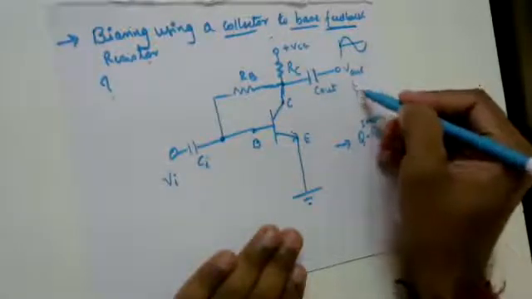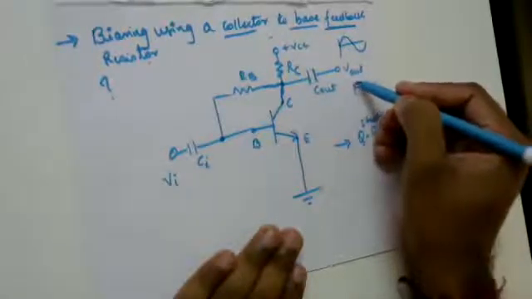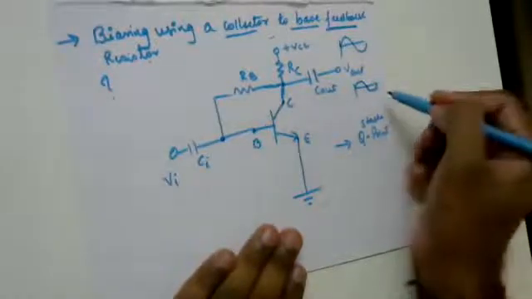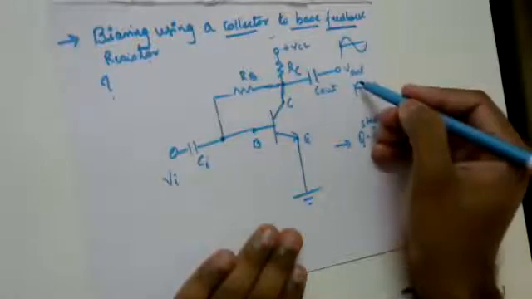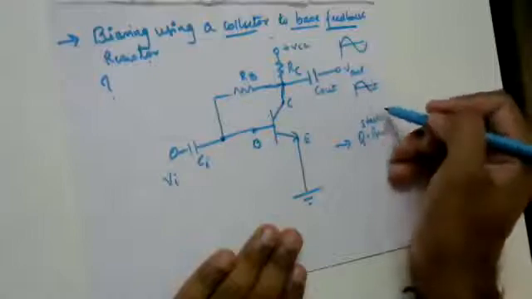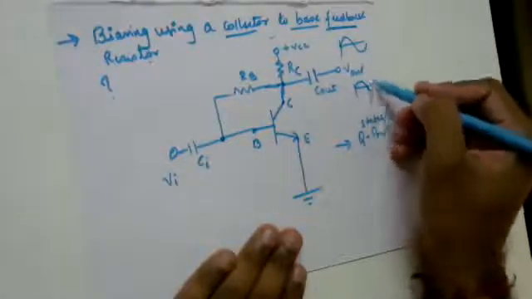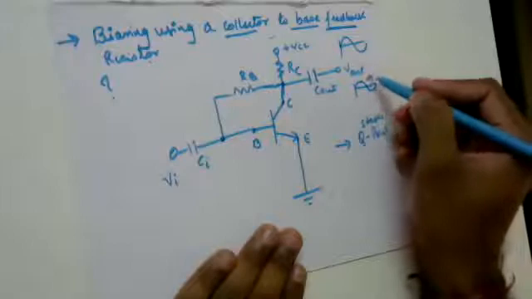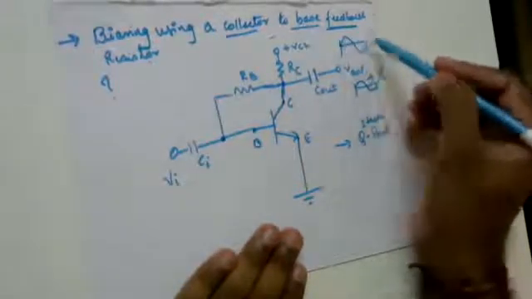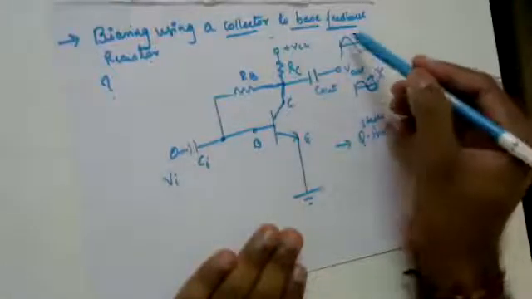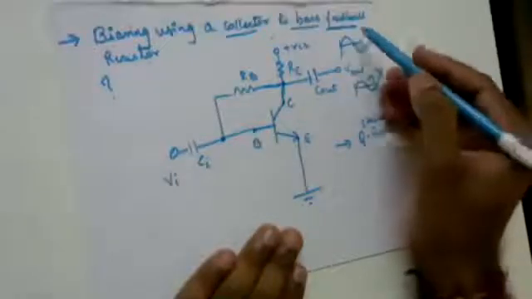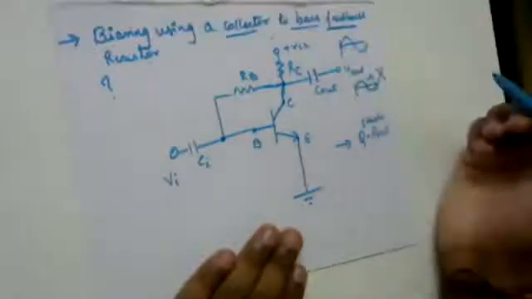Now, if my signal is getting distorted like this, so you can see some portion of my output is clipped, then this kind of signal is said to be a distorted signal. I don't want such output signals. I want a faithful voltage amplification, a faithful signal seen as the output signal over here.